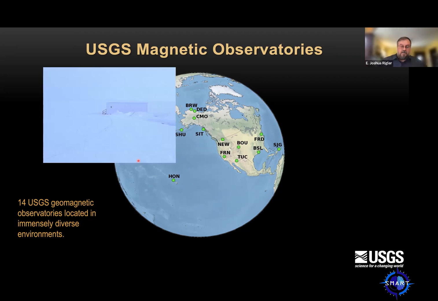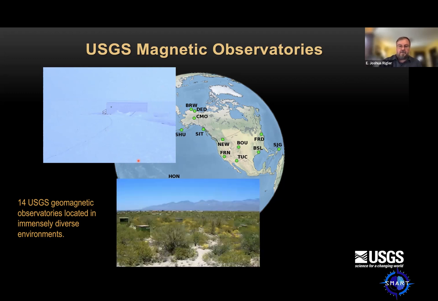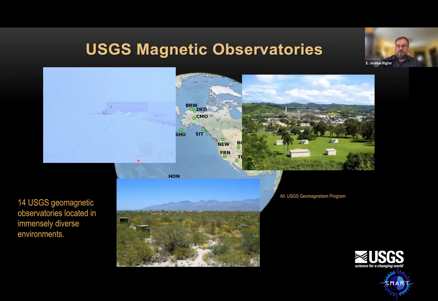We have them literally in the Arctic, Barrow and Deadhorse, well above the Arctic Circle. Also subarctic, College, Sheshnigan, even Sitka, Alaska. And we also have them in the desert, Tucson, Arizona. There are problems that arise both from the extremes in these climates and just from their remoteness. And we even have them in fairly tropical places. Here's a picture of our observatory in San Juan. While these seem like they might be really nice to visit, and they are, they can pose operational problems.